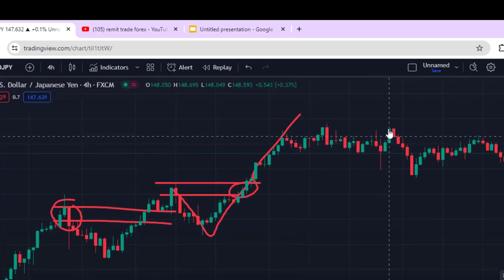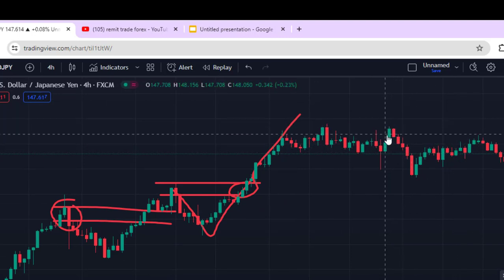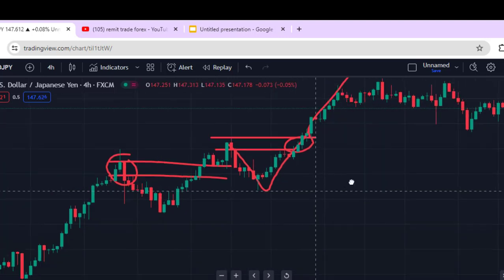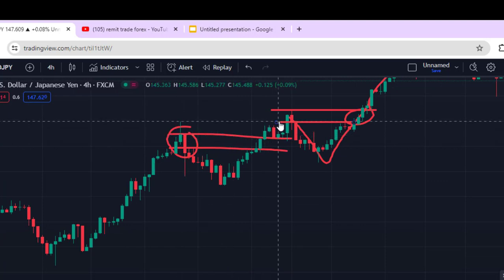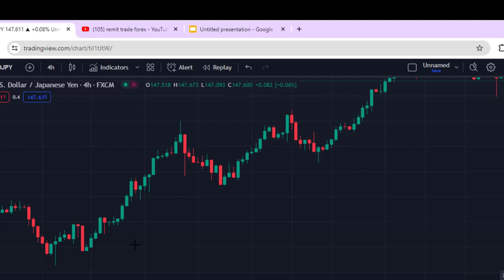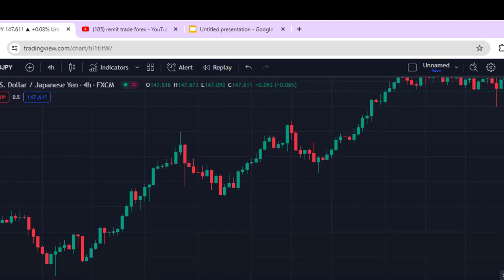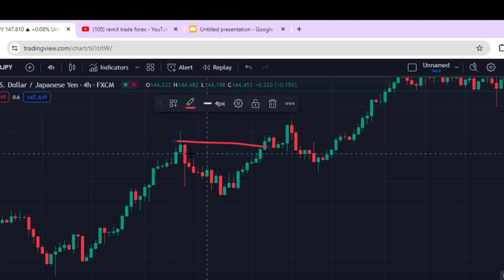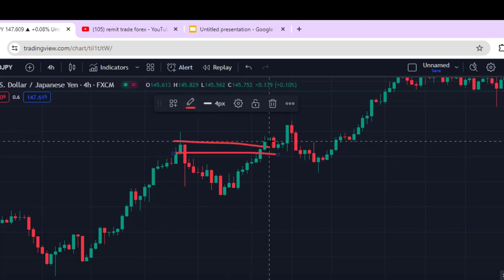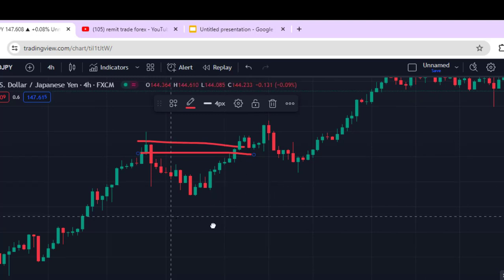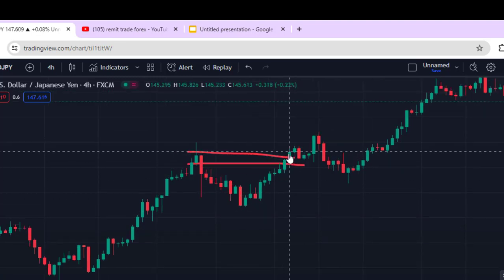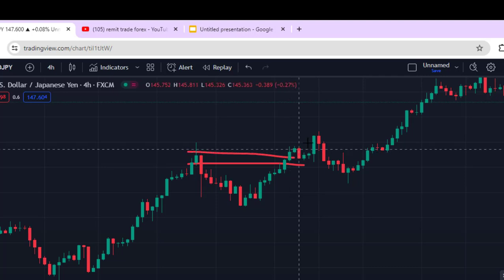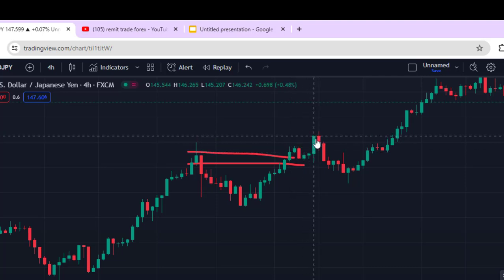If you look at it, market did not break out again on this very level of resistance, which is also a higher high at this very point. So we can say that the market breakout at this very point, moved up, breakout, and then moved to the upside. If you look at this very chart very well, you discover that if the market breakout at this very point, as you can see on the chart, and you take a trade after the breakout, which is specifically on this very candle right here, you see that the market did not really move upward anymore